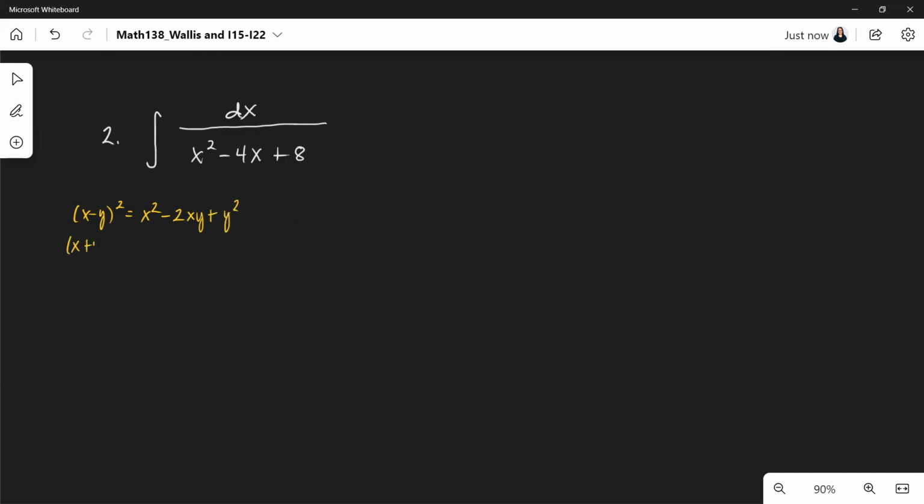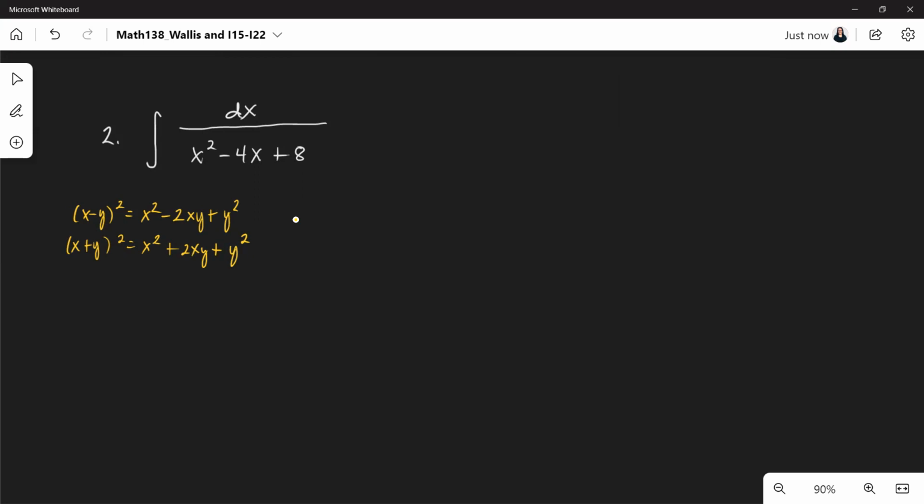If the binomial is x plus y, then all operators are addition. These trinomials are what you call perfect square trinomials. We can see that it's a perfect square if the first and third terms are obviously squares, and the middle term is 2 times x times y. So x squared